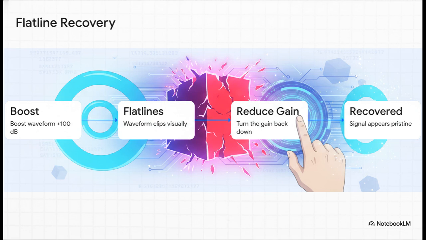We've all seen this famous digital magic trick online, or hey, probably done it ourselves. You crank a waveform by a massive amount, say plus 100 decibels, and it instantly turns into a terrifying solid block of distortion on your screen. But then you simply pull the gain back down, and the signal emerges completely unharmed and pristine. People see this and think, whoa, float is magic. But what's really happening is that your display is clipping visually, while internally, those numbers still exist. To understand how that actually works, we need to look at the architecture of the file itself.